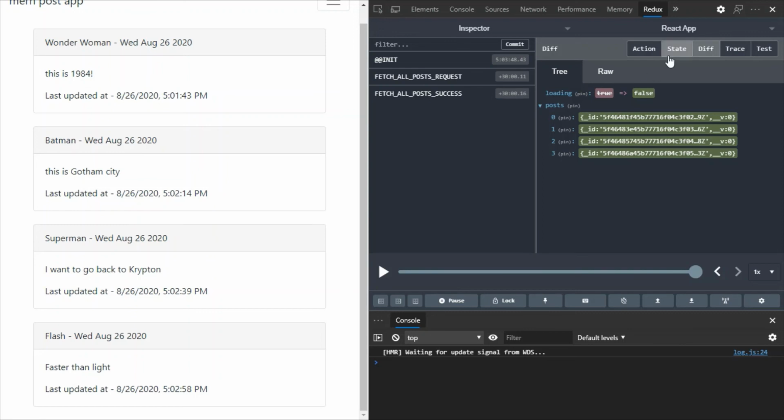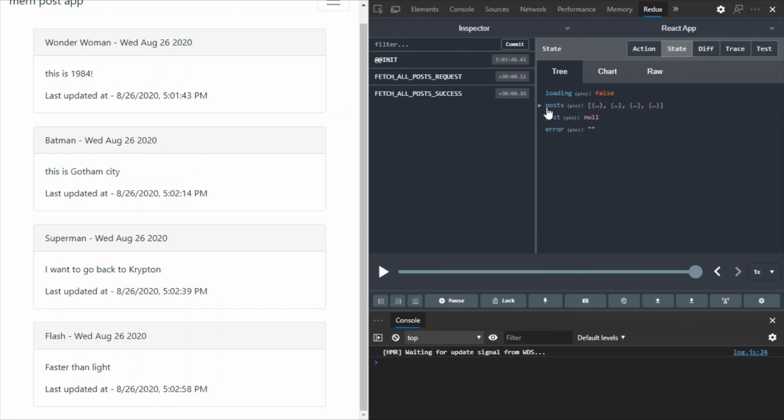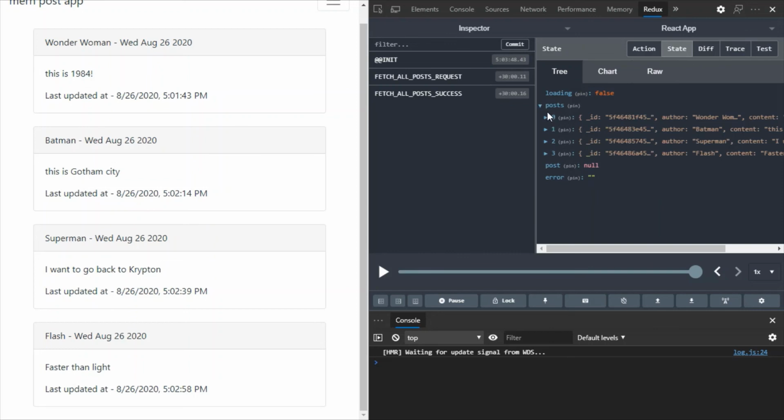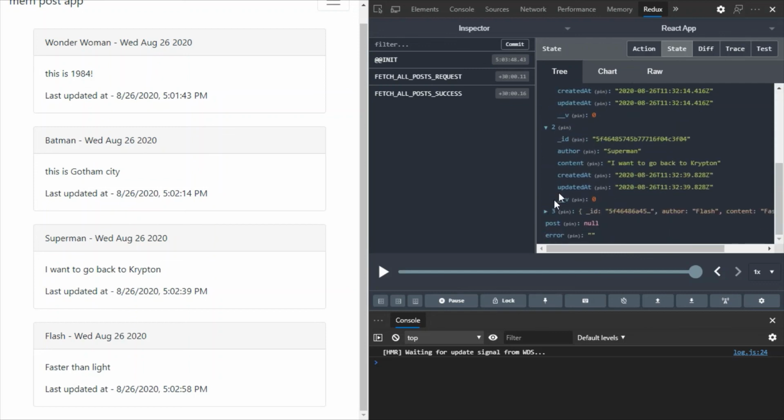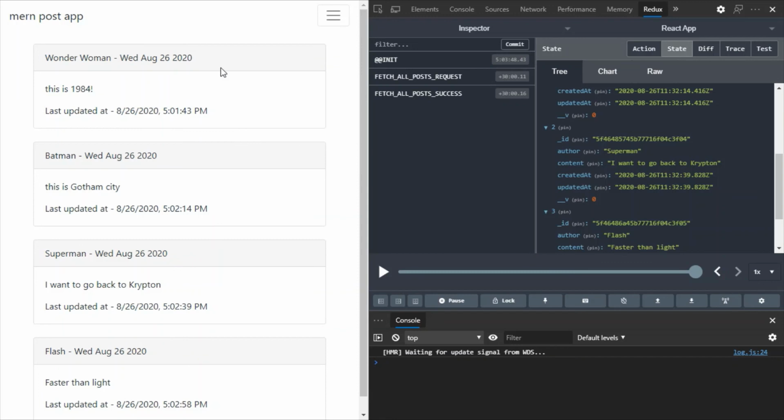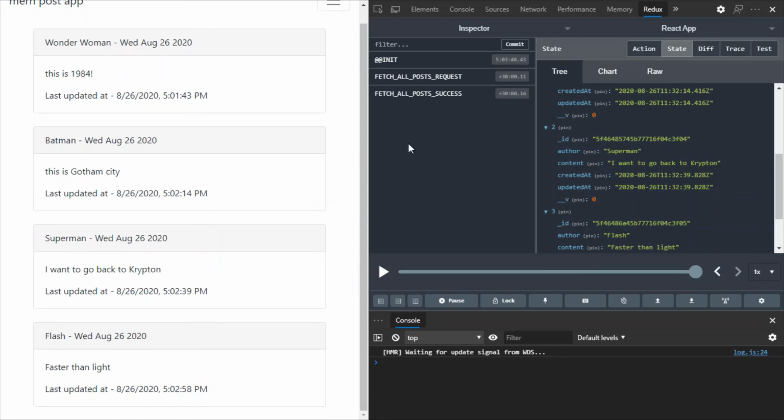And right now, if we want to see the state, you can see that in our posts array we have all our posts. So in the 0th index, in the first index, in the second index, and in the third index. And from that part we are viewing our posts.